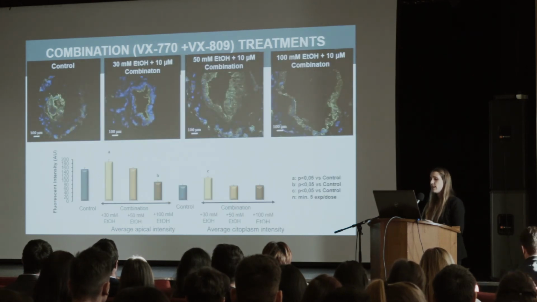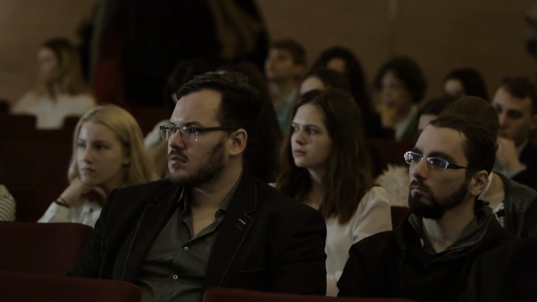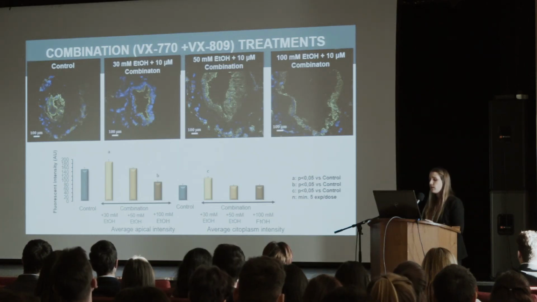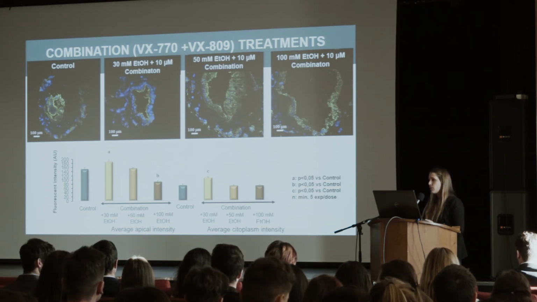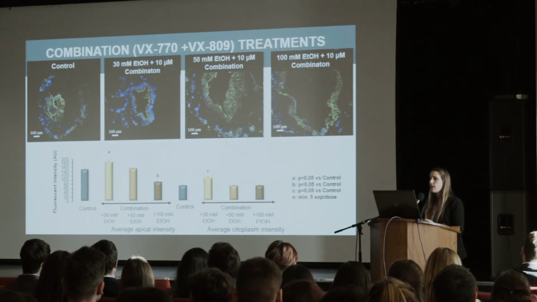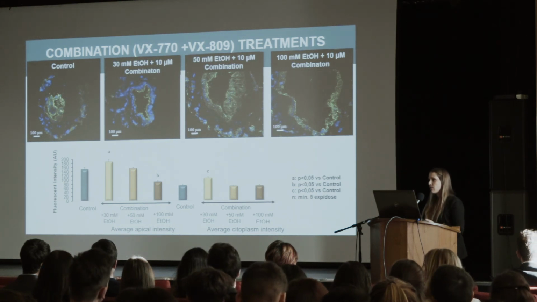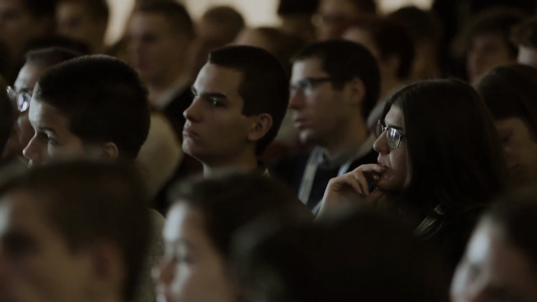And after, we evaluated the concentrations of ethanol, which can make severe and mild alcohol intoxication. And the protective effect was at 30 and 50 millimoles of ethanol concentration, which can make severe and mild alcohol intoxication. With 100 millimole of ethanol, the protective effect is decreased, but that concentration is almost deadly to patients during